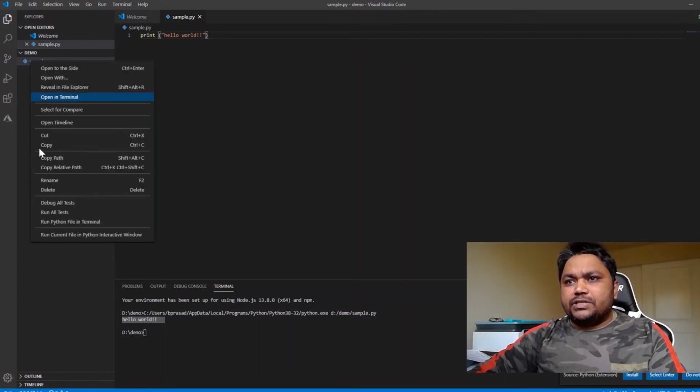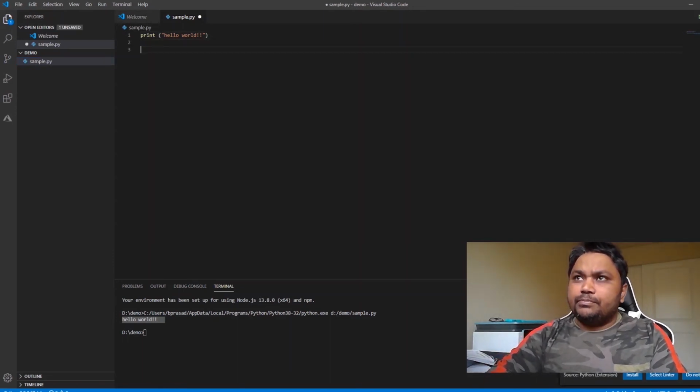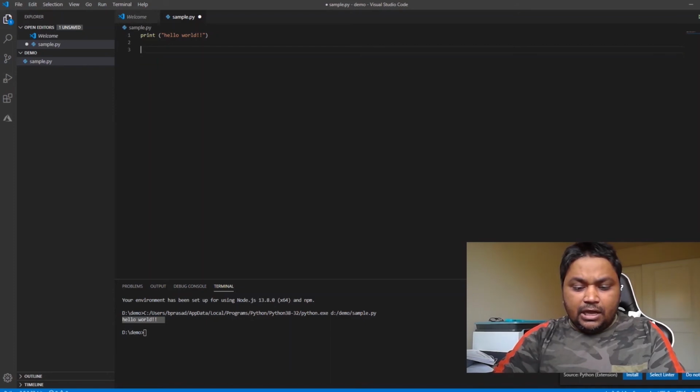There are more options, such as running in an interactive window, but you have to install a few more extensions for that. You can also install a linter, and you can install Prettier. So a lot of options are there. I will try to define some variables and see.